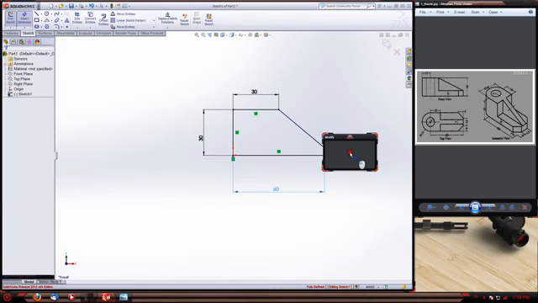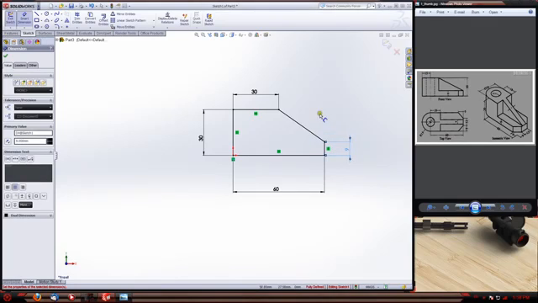And 9. Alright. Now I'm going to go to Features, Extrude,